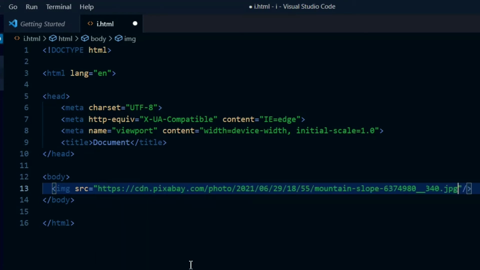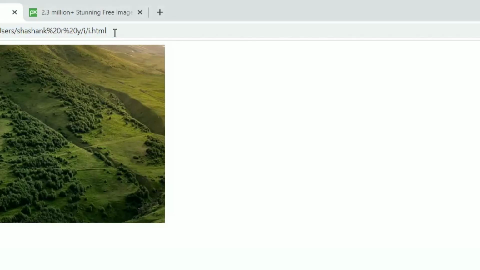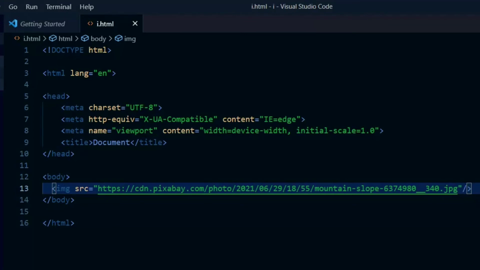Here I have the link of the image which I took from the browser. I just save it, open it in a browser and reload it. Yes, here we have the image which I took from the Pixabay website. Here I have reloaded it. It is how it looks.